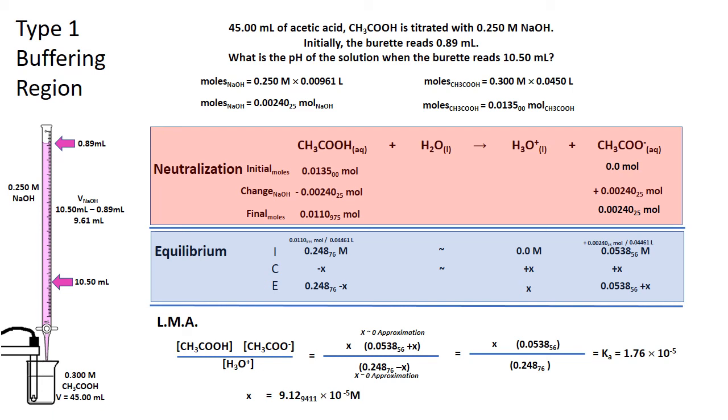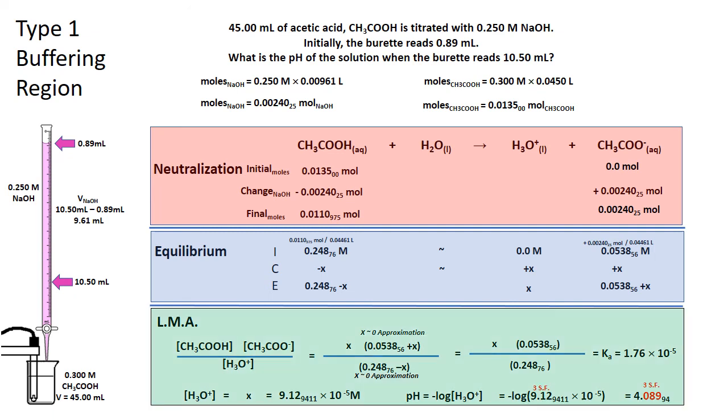and we'll be able to solve for a value of x, which is 9.12 times 10 to the minus fifth. And as we recognized previously, is also equal to the hydronium ion concentration. And this is what lets us solve for the pH of this solution by taking the negative log of this value and determining that the pH with 3 significant figures is